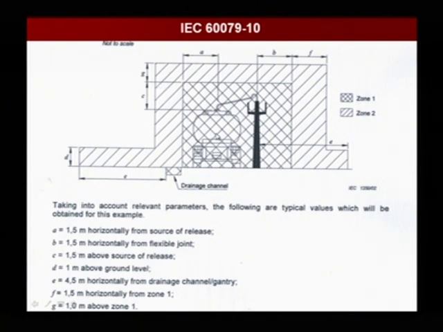E, from here to here, would be 4.5 meters horizontal from drainage channel to gantry. F would be from here to here, 1.5 meters horizontal from zone 1, and G finally is from here to here, which is 1.0 meter above zone 1. So that's how IEC would